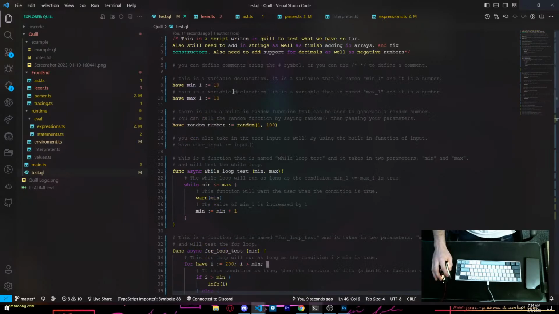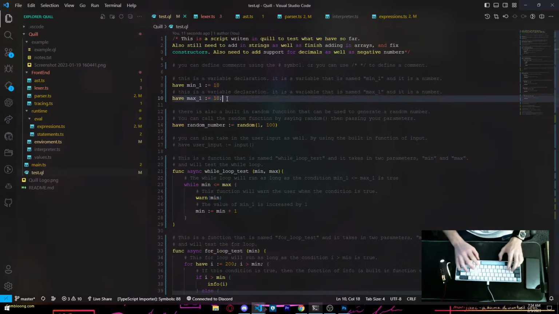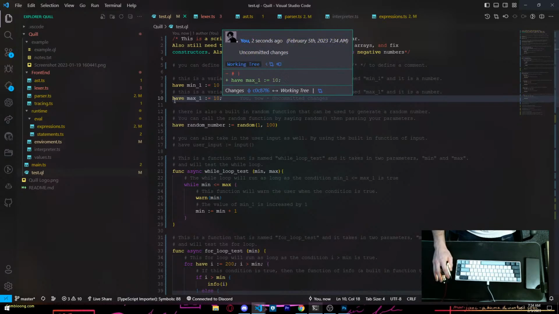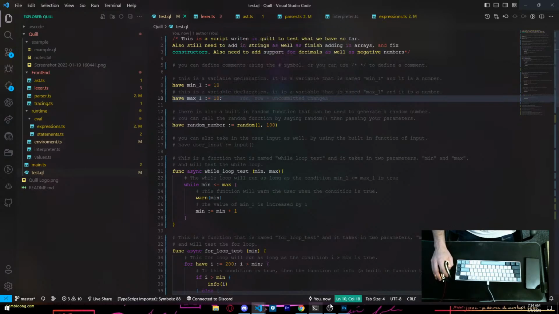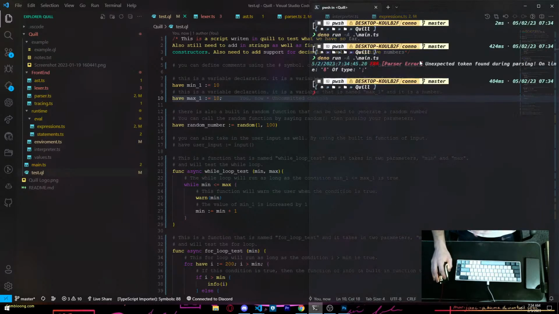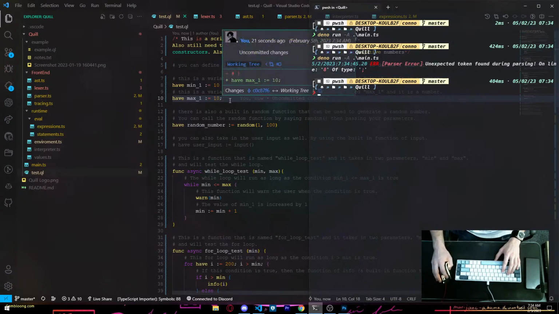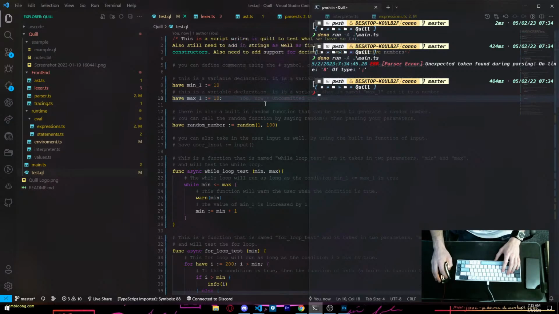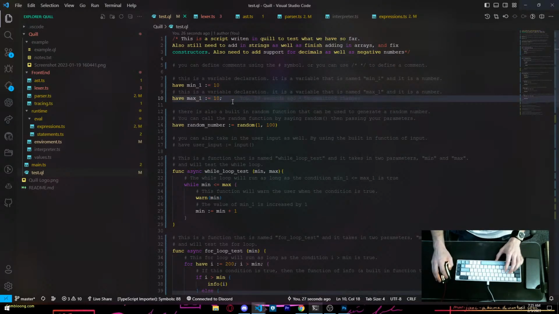Normally, what it will do, let's show it with a semicolon. Because after variable declarations you don't need a semicolon. Yeah, okay. This is what we were supposed to get. So I have to fix that. But it will give you an error saying we have a parser error, unexpected token found during parsing on line 8. Okay, it's not line 8. I don't know why it's looking at line 8. That's weird. Of type semicolon. I have to go through and fix that logic. But you see the idea behind it.